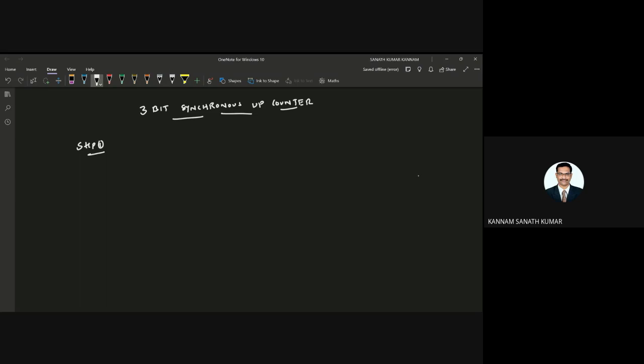Here this is a 3-bit counter, so how many flip-flops do you need? The number of flip-flops is 3. And next, the type of flip-flop. I want to use the T flip-flop. Okay, so step 1 is over.